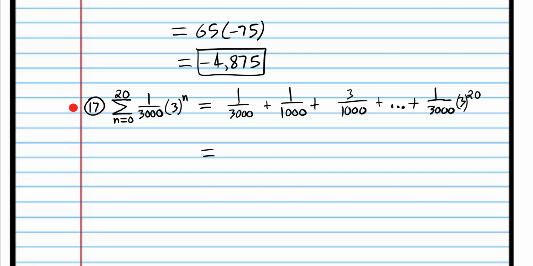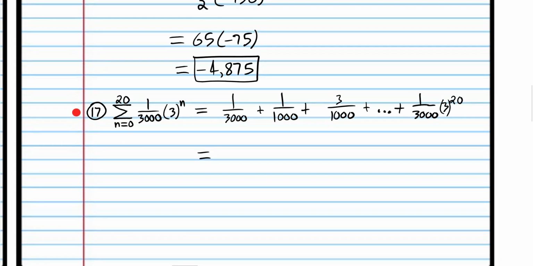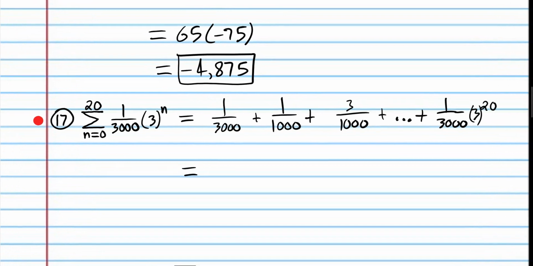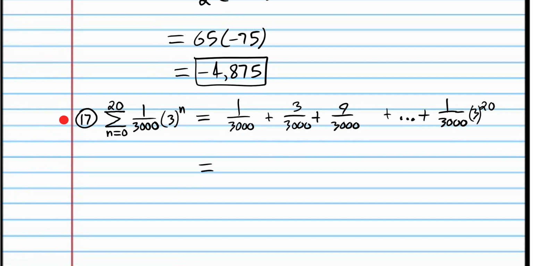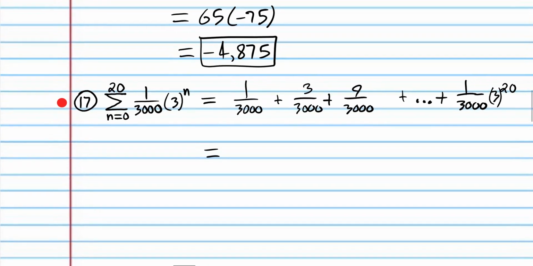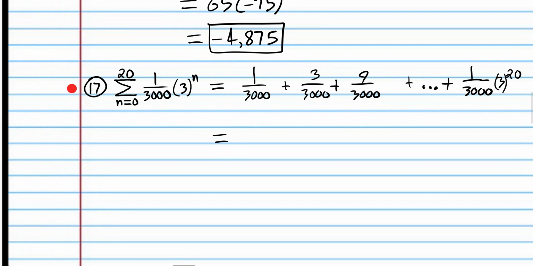So this is obviously a geometric sequence. We can see just by looking at the expression because we're multiplying by 3 each time. It may actually be better to keep these expressions in the non-reduced form. So that would be 3 over 3,000 and 9 over 3,000, and you can see again we're just multiplying by 3 each time. So this is a geometric sequence,